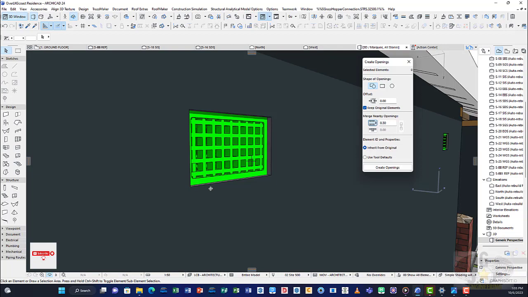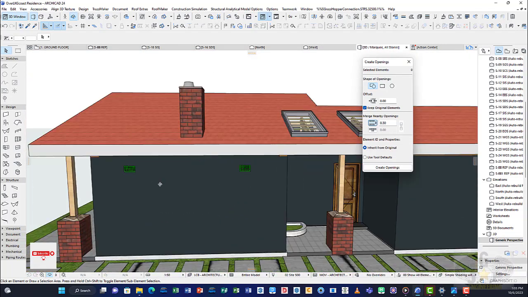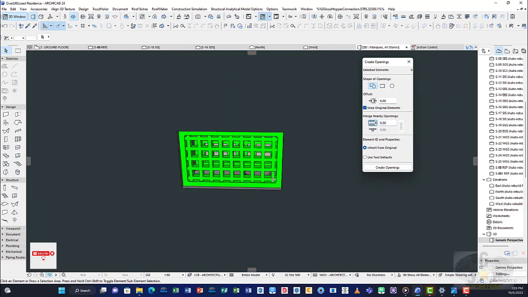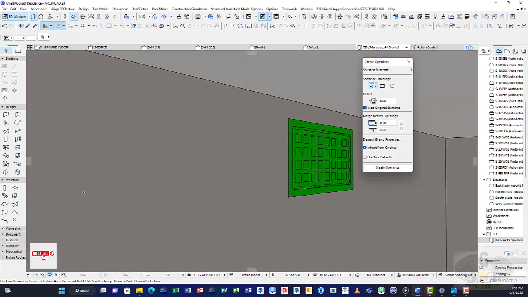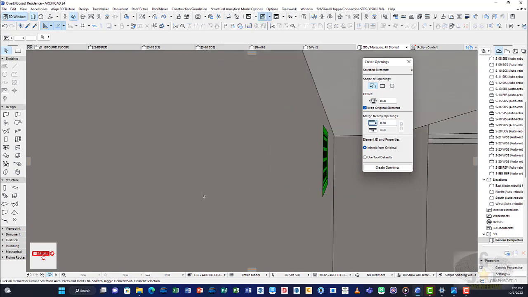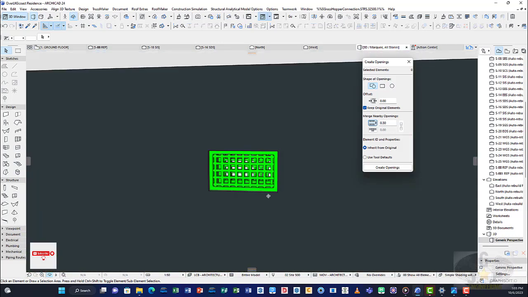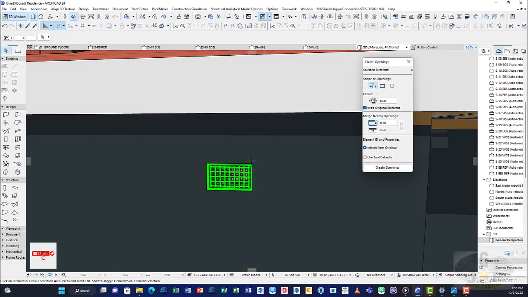There you can see the second copy of our vent grill. There we go. You can see. Well set, sound and clear. Okay. Next,